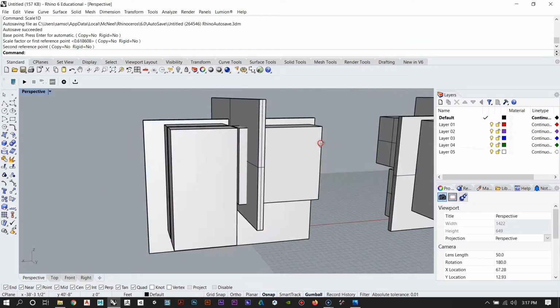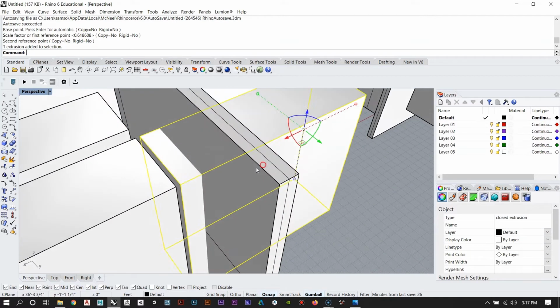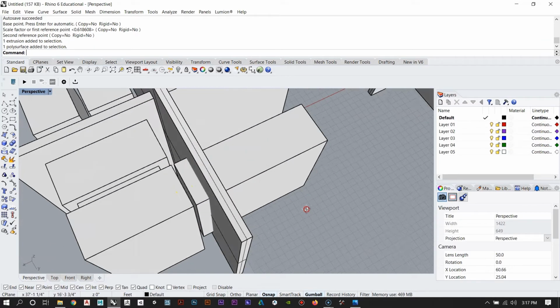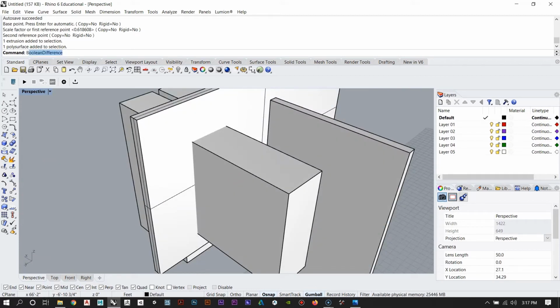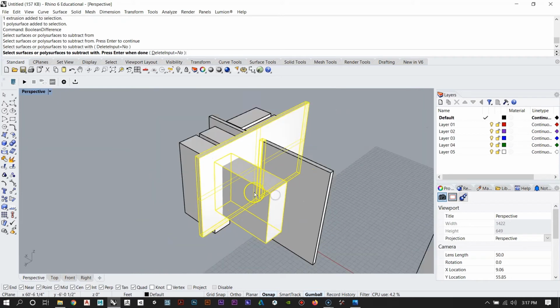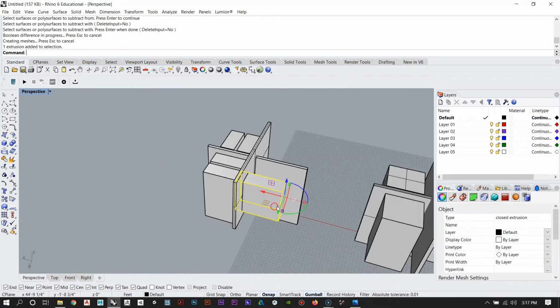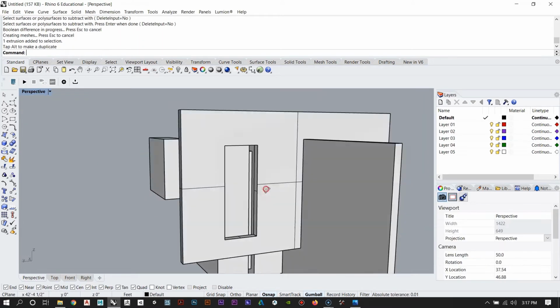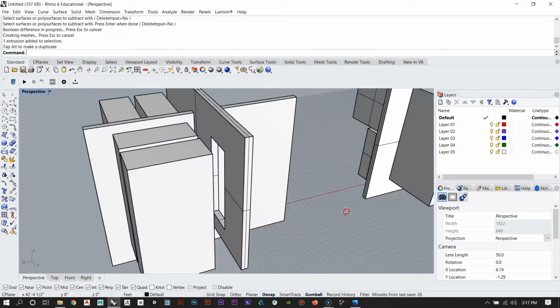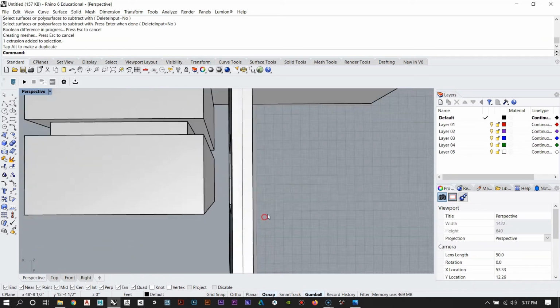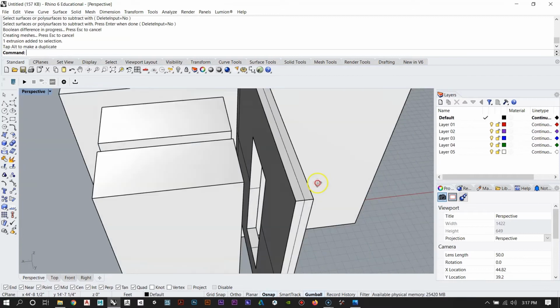Okay. And then I want to make sure that this object is completely intersecting this object. Okay, and then I'll run my Boolean difference command. So I'll select this, hit enter, select this, hit enter. And then I can push this cube out of the way. And now what we've got is a punched opening, and we're starting to create relationships between two pieces of geometry